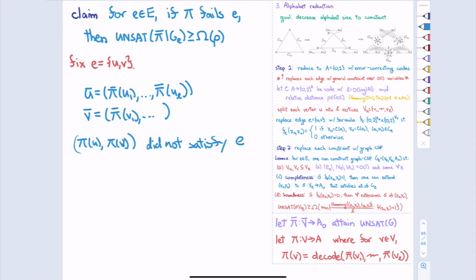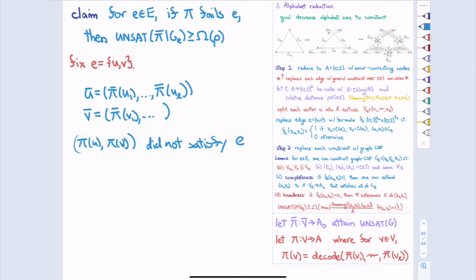Because the code words are far apart, if the two letters are wrong, then the bit strings that decoded to those letters have to be pretty far from any bit string that's right, something proportional to rho, maybe rho over 4. Because the error correcting code spreads out the code words, if the bit strings decode to something wrong, I would have to change many bits to get to some bit strings that are right. So the distance between my sets of bits from any correct set of bits is something proportional to rho.